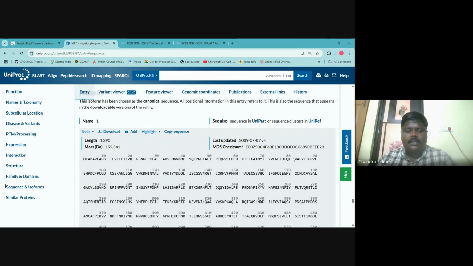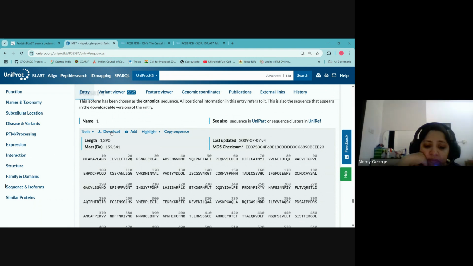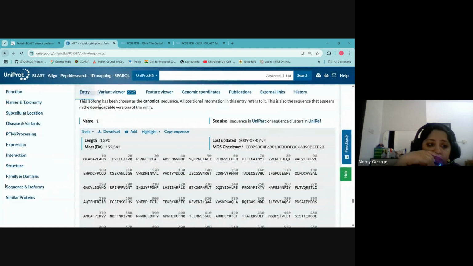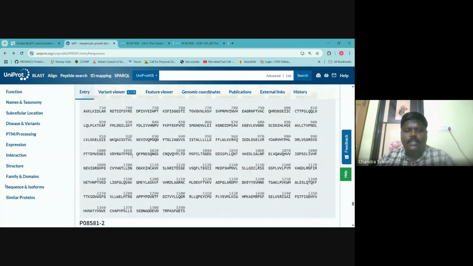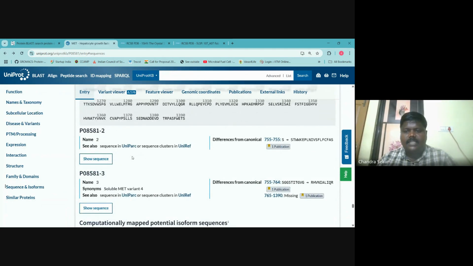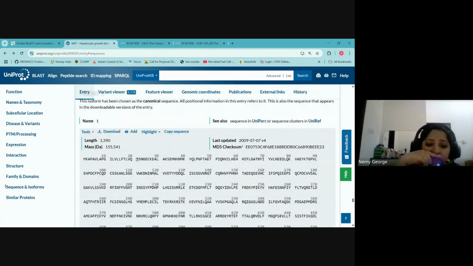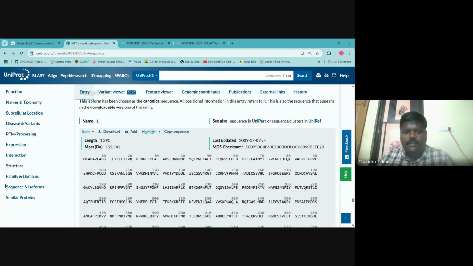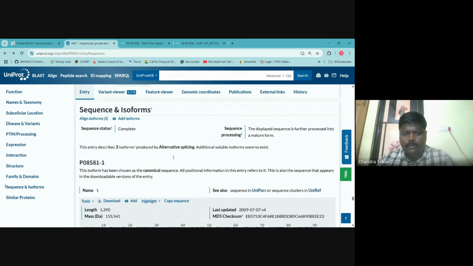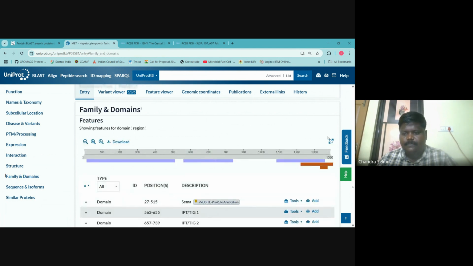In that, again, multiple regions are there. We should not get confused. If I click here, the entire sequence will come, but I don't want the entire 1390. Rather, I need a part of it. Am I right? Yes. Since we need a part of it, we have to go for the domain-wise details. So I go for family and domains.